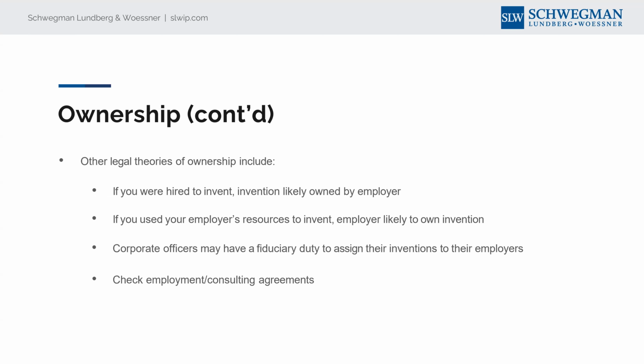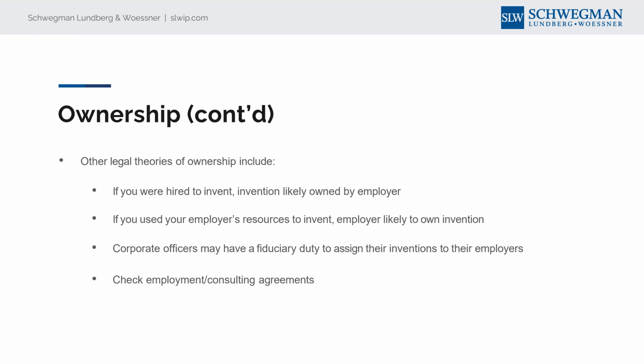There are some other ways that assignment can arise even absent an agreement. If you're hired as a technical person, or hired to make inventions by a company, and you use company resources, there can be what's referred to as shop rights, if you will. So you can be implicitly obligated to assign your patent to the company that hired you to invent. And if you did an invention within the scope of your employment, they can have an implied license to practice it.